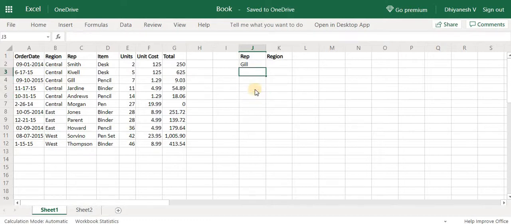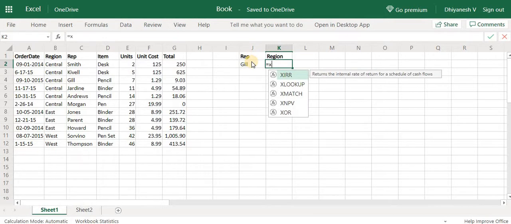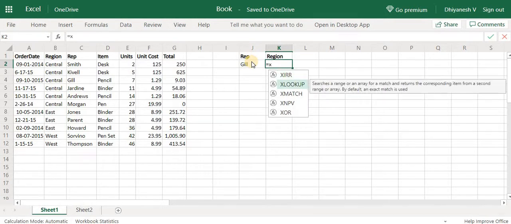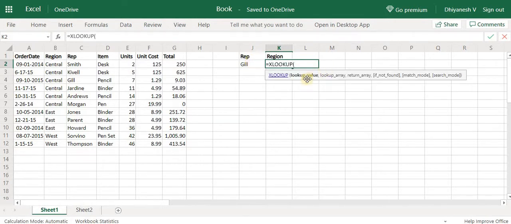So again, I have taken the same example which I took to explain the VLOOKUP used along with the CHOOSE formula to look up to the left of the array. Here I have the representative name as Gil and I have to find the region. So I will use XLOOKUP in this video to explain. So lookup value, again, yes, it is Gil whom we look for,